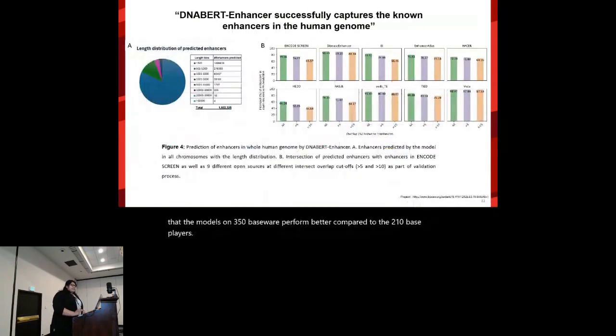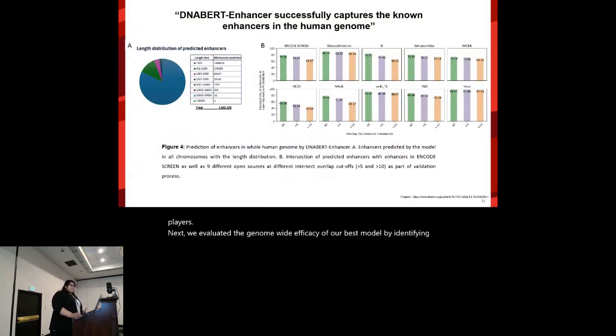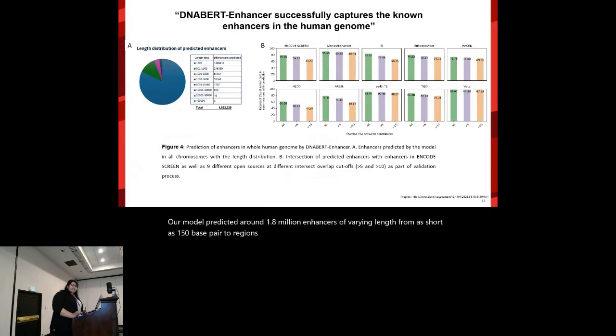Next, we evaluated the genome-wide efficacy of our best model by identifying the enhancers in the whole human genome. Our model predicted around 1.8 million enhancers of varying length, from as short as 150 base pair to regions greater than 30 kb. We validated this result using the enhancers available in the public databases,